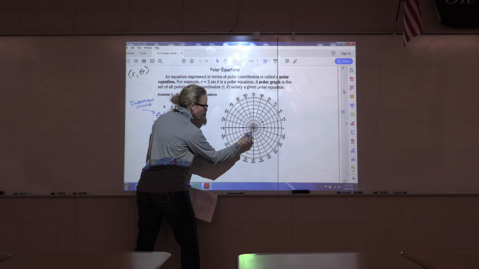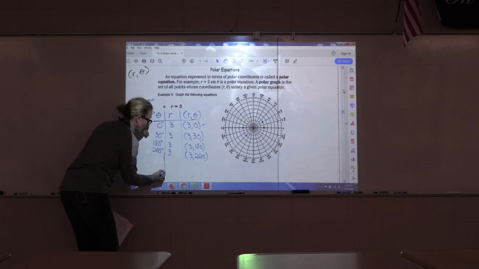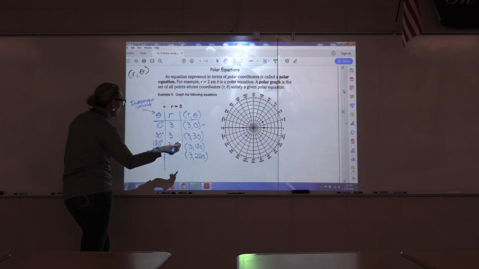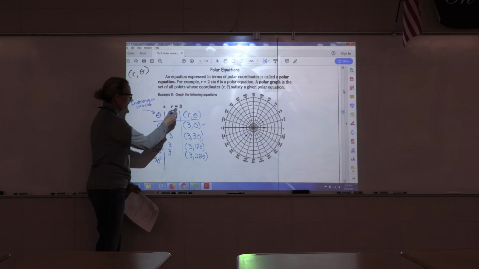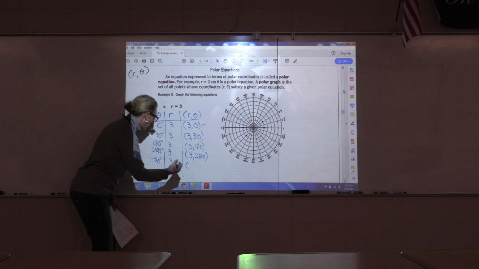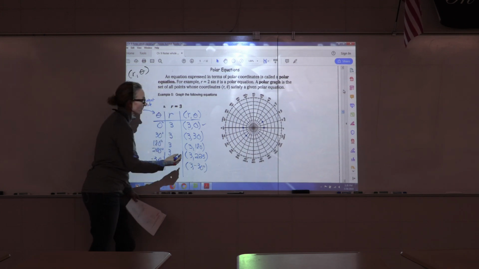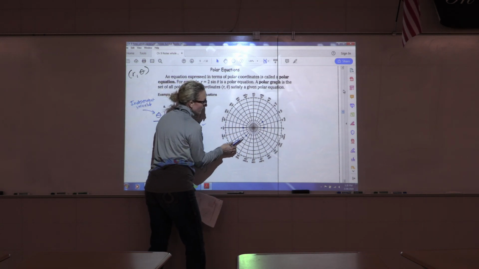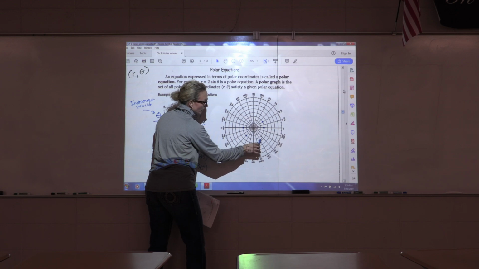225 degrees, radius 3. Now, I didn't give you any negative angles. I could have. How about negative 30 degrees? Negative 30 degrees still has a radius of 3. So that's the polar coordinate, 3, comma, negative 30 degrees. If I plot that, here is negative 30 degrees,